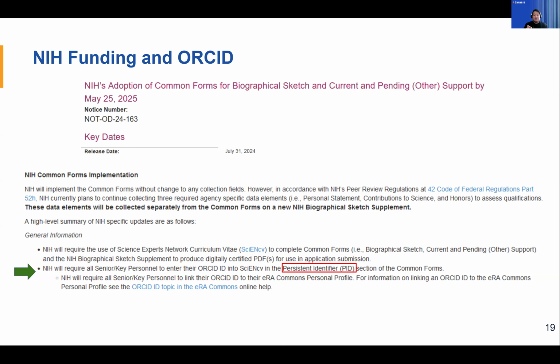So you're talking about a persistent identifier for investigators or individuals, and really ORCID is what they're looking for. They want you to have an ORCID ID when you apply for funding with NIH.